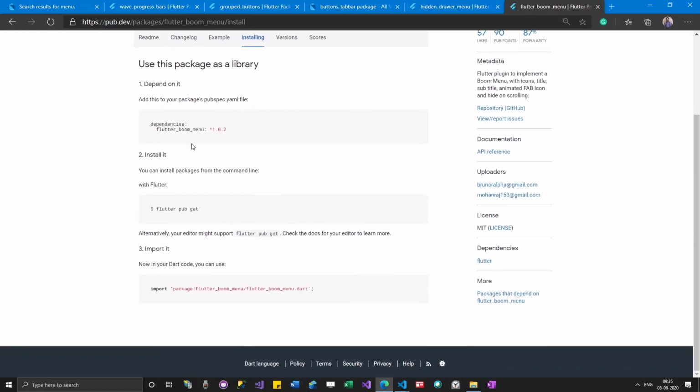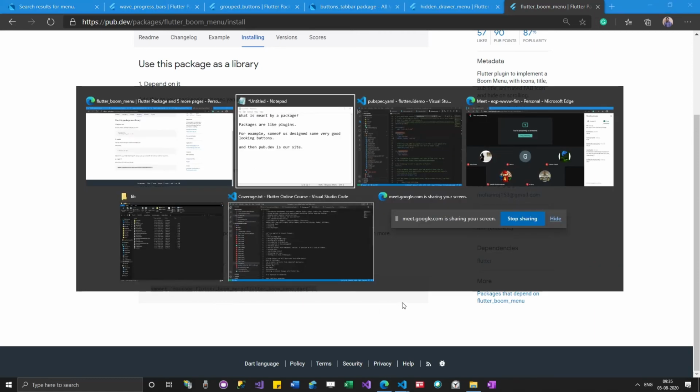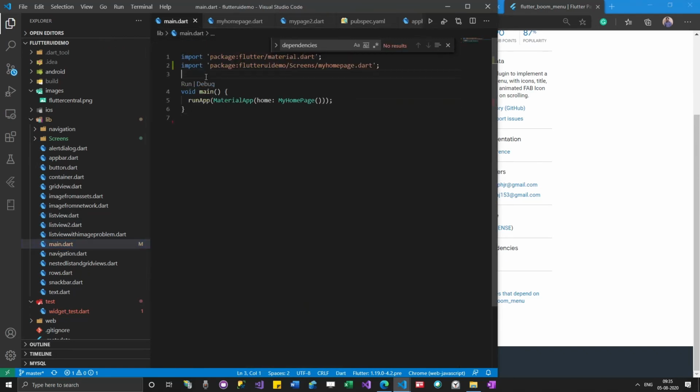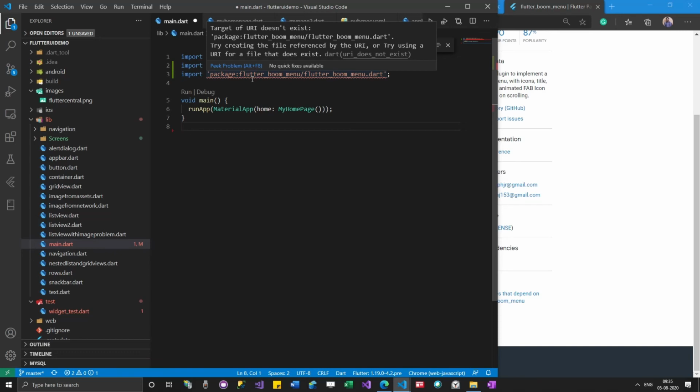So after copying this, I can use this code. Okay, so they say to run flutter pub get, or click on the get packages button, and then I will just copy paste it here, and I will go to main.dart and then I will use something like that. As soon as I do it, you can see that there is an error.